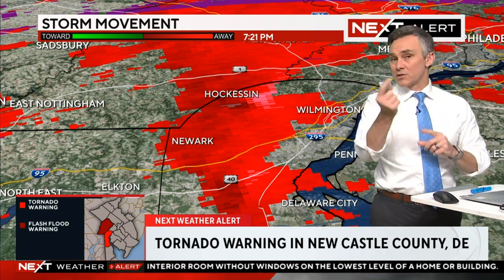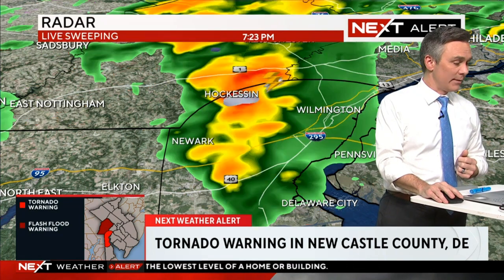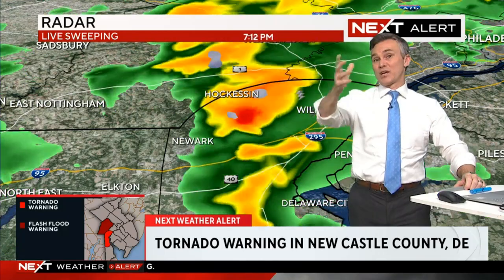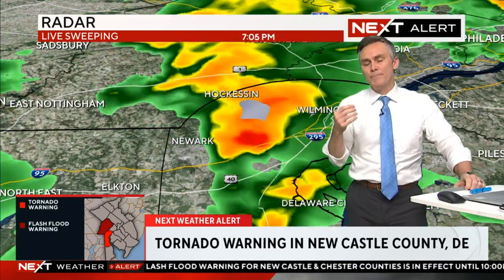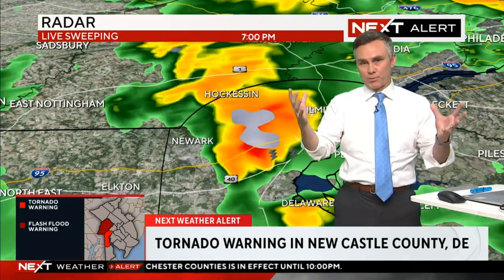And with the spin that's in the atmosphere, with the energy that's going on in the atmosphere, and while we're doing that, let me just loop this radar. There's going to be these times that there's just enough that's happening that there is some spin and it touches the ground. And in situations where we have tornadoes associated with tropical systems, they're very different than big supercell events